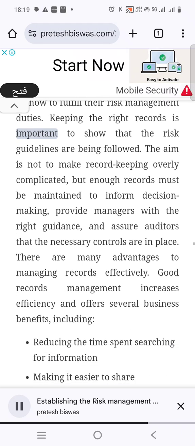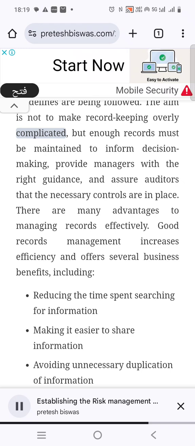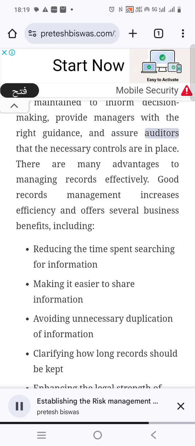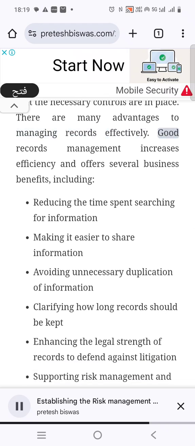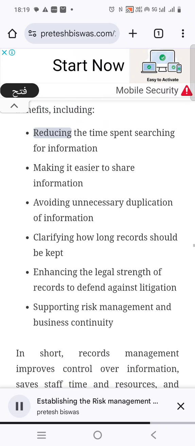Keeping the right records is important to show that the risk guidelines are being followed. The aim is not to make record keeping overly complicated, but enough records must be maintained to inform decision making, provide managers with the right guidance, and assure auditors that the necessary controls are in place. There are many advantages to managing records effectively. Good records management increases efficiency and offers several business benefits, including reducing the time spent searching for information,